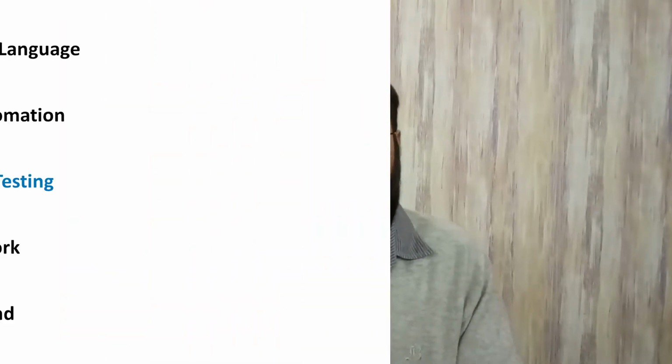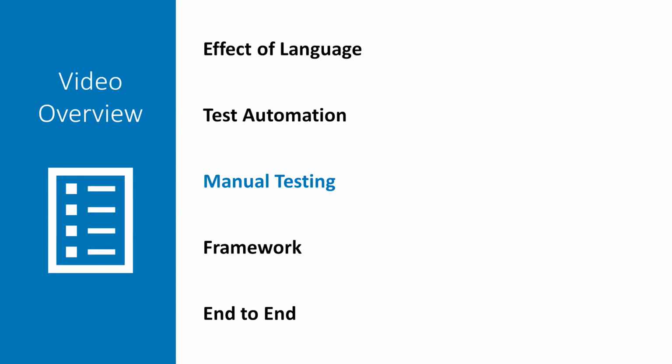A similar phrase is manual testing. Manual testing alludes to there being one type of testing which is manual, and another type which would be automated, the opposite of manual, right? Which is again not the case. Saying manual testing has this underlying assumption that there is automated testing as well, and hence I feel that using this term is not truly representing what the concept is,